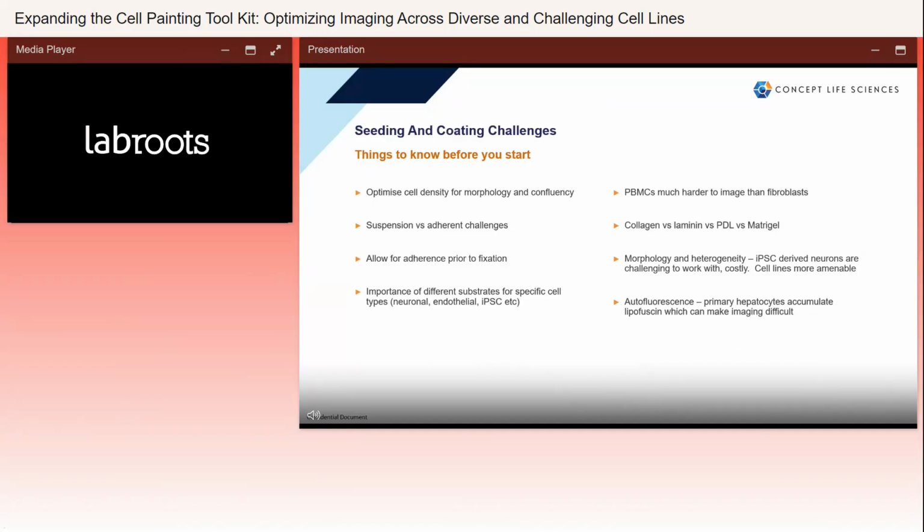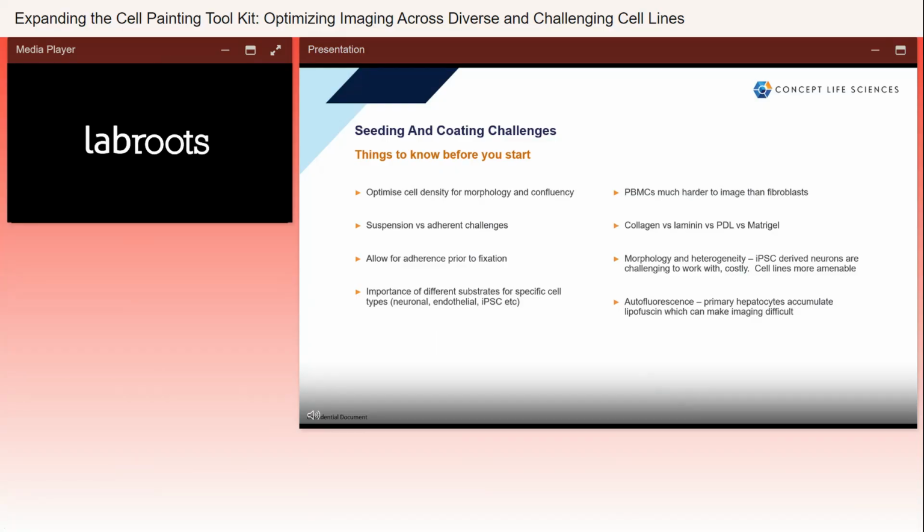So here's a few tips I can offer to help you get the most out of your experiments. Now, most protocols aim for between 60 and 80% confluency at the time of imaging, and a consideration should be made of the cell morphology prior to plating to achieve the optimal density, as it will be different depending on the cell type being investigated. Different cell types exhibit different morphologies, adhesion requirements, and proliferation rates, which will all affect how they behave in a